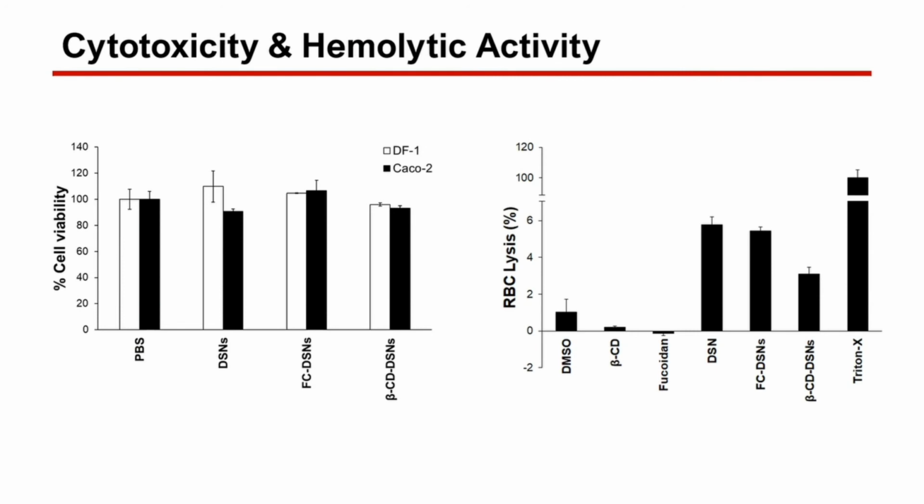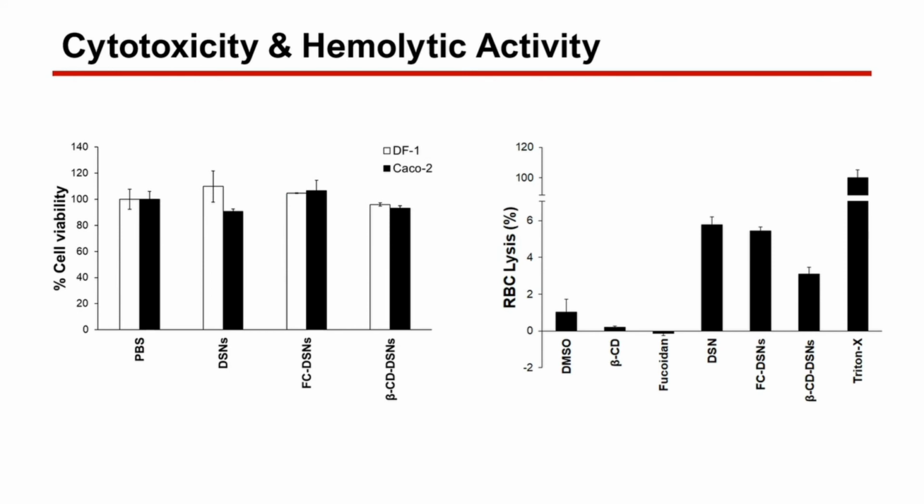It was also found that the DSN samples were completely non-toxic towards DF1 fibroblasts and Caco2 cells, indicating them to be non-toxic to host cells. The cytotoxicity studies were done at a concentration of 100 micromolar for all DSN samples. It was also found that these DSNs were relatively non-hemolytic against red blood cells, with beta-CD DSNs showing the lowest